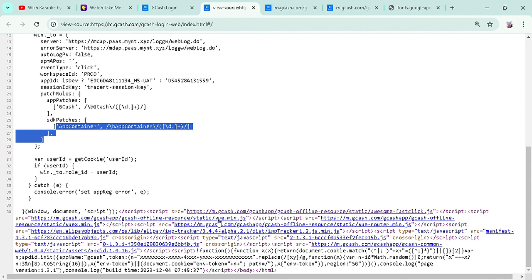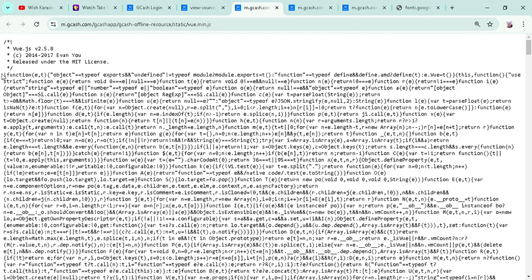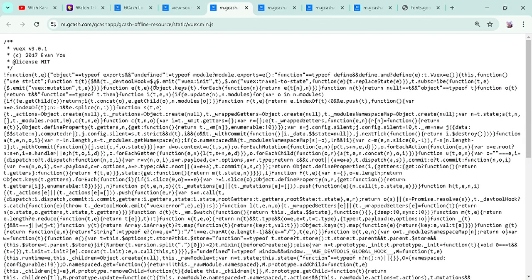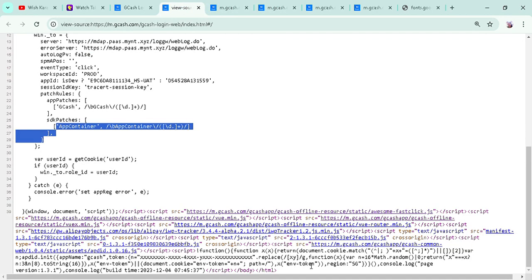If we use static, okay, you want to click this one, the Vue.js. So it's a lot again, the offline. There is a version they can use, the min.js, and then actually they use static because static is a friendly website, friendly to users. So a lot of developers use static.